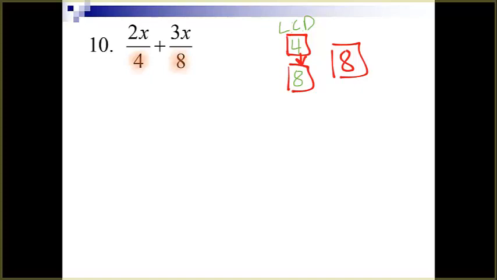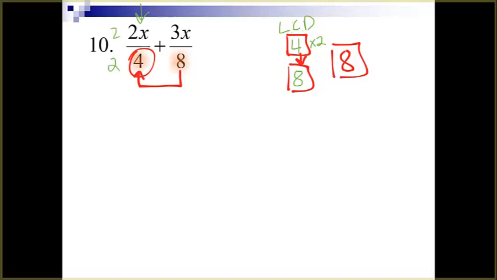Well, you had to simplify and make sure that one of these things does not look like the other. So that 4 does not look like an 8. It's not an 8, so we need to make him an 8. What do we multiply the top and bottom of this expression by to get that denominator to be an 8? Well, what is the 4 missing? Well, you have to times that by 2 in order to get 8, so that means it's missing a 2